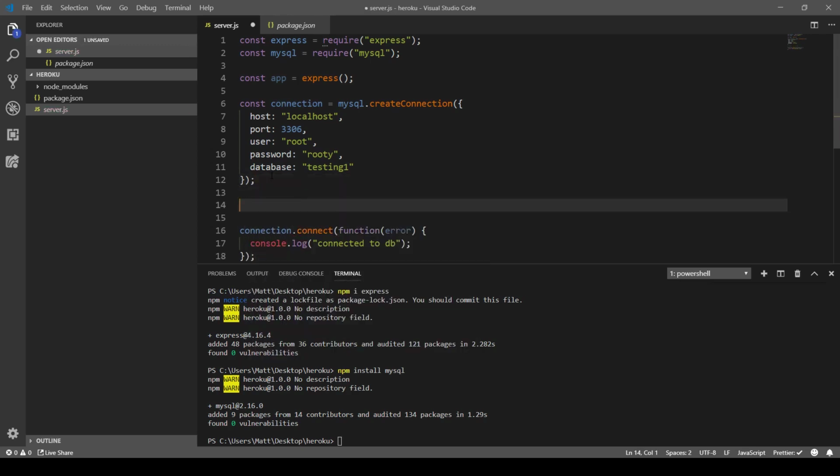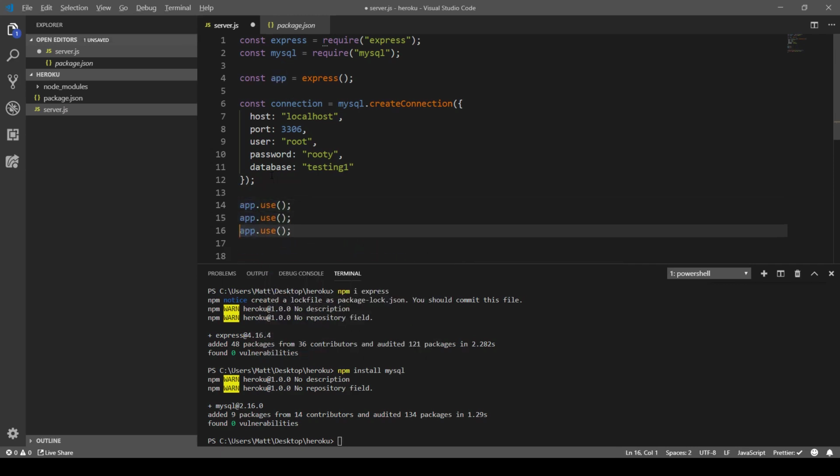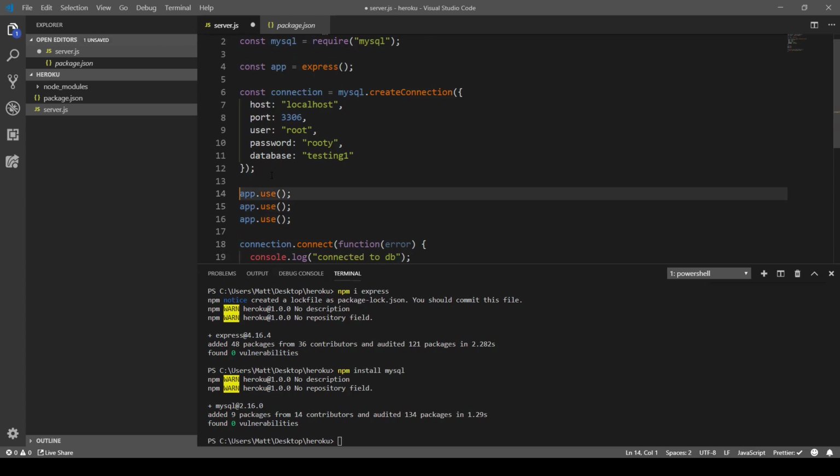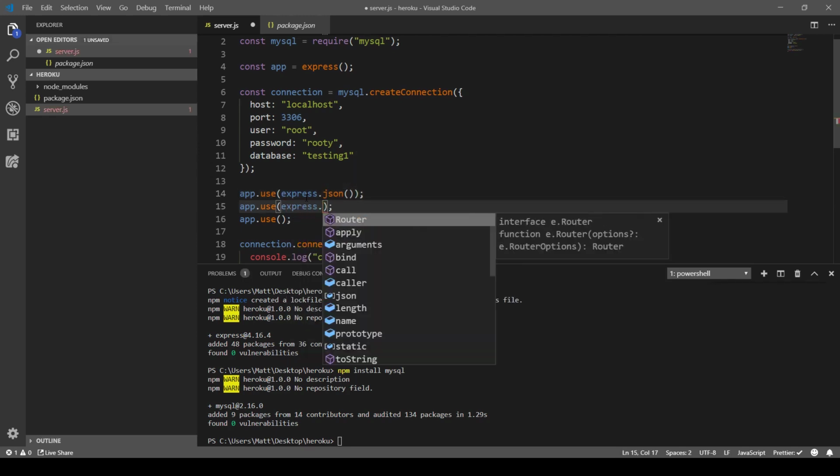Okay, so app.use, do a couple of those, and first thing we want to use is, let's see, express.json, and we want express dot